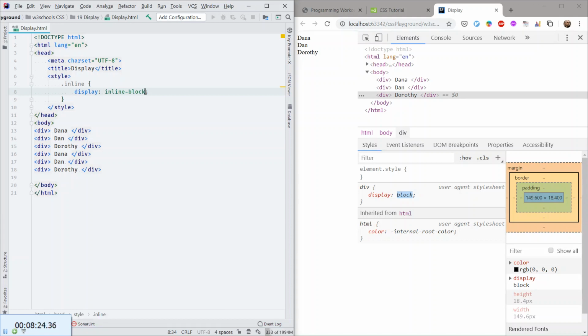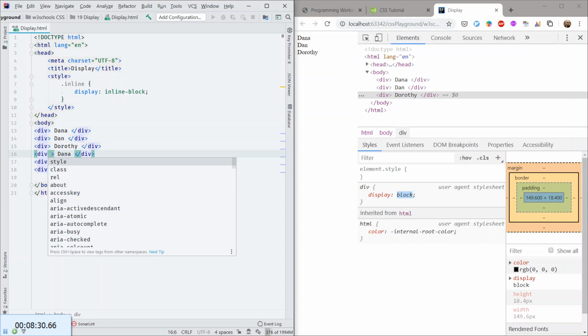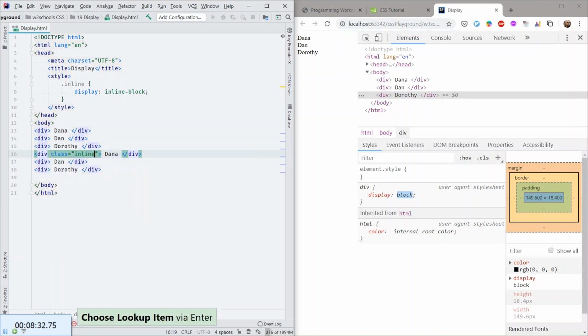There might be three options actually, so we'll see. So I will do class inline. Class inline. Class inline. You can reload it in here,